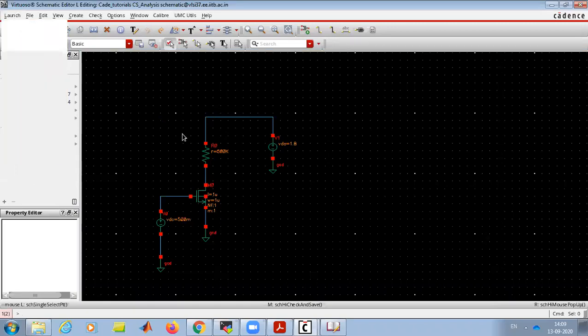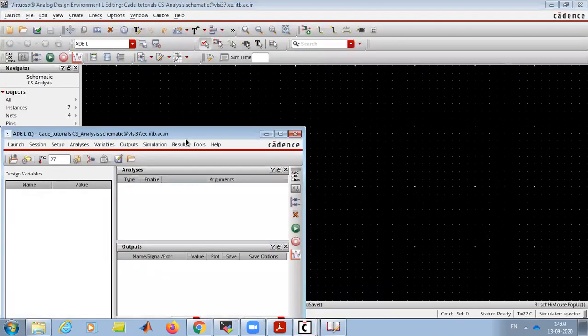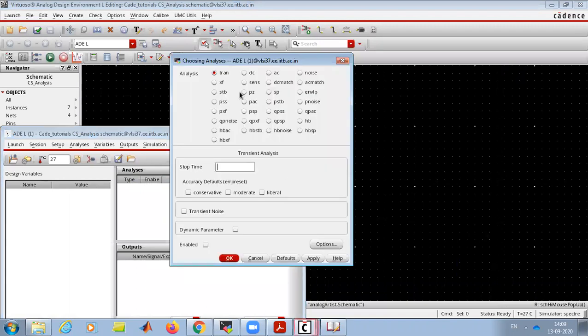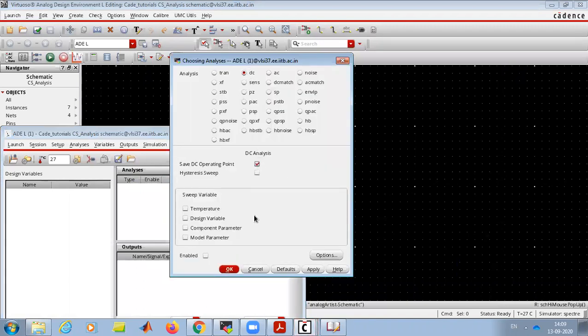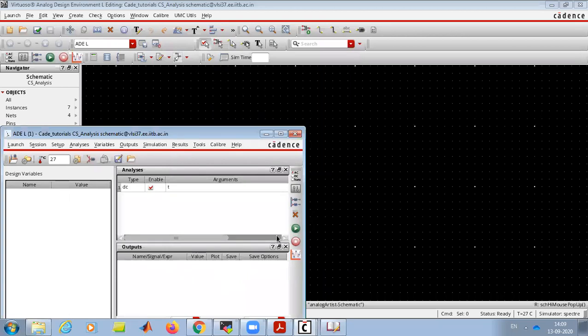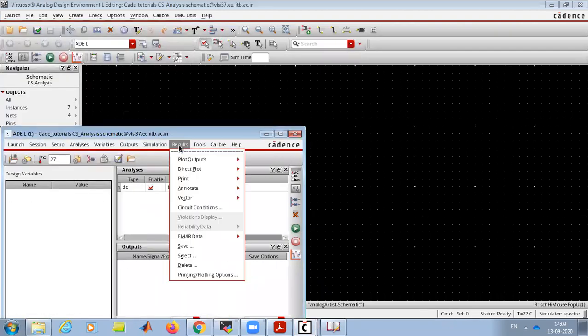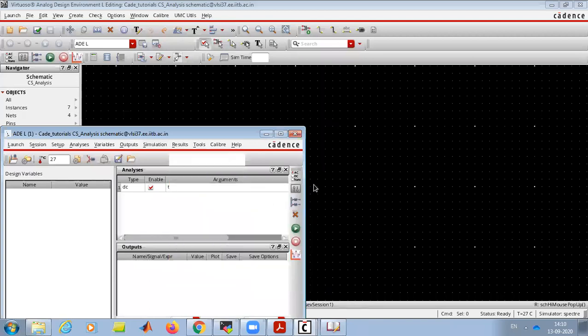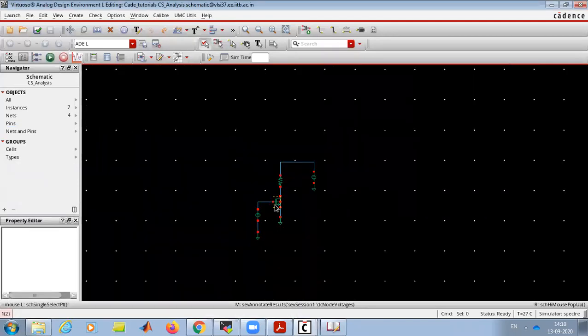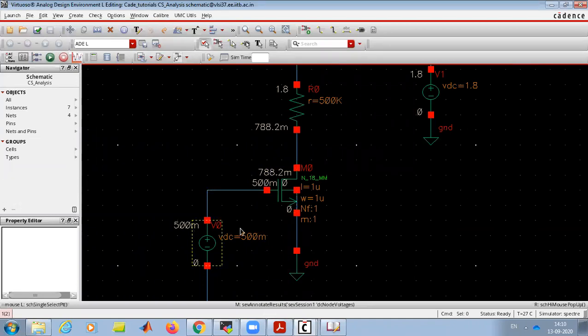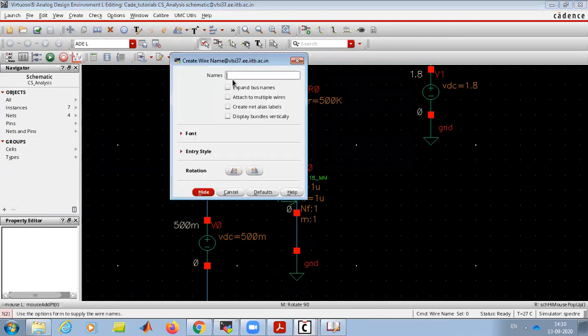We open ADE and have our first DC analysis. Now, if we annotate the DC voltages, we can see 500 millivolt is the gate, and we'll label this VD.